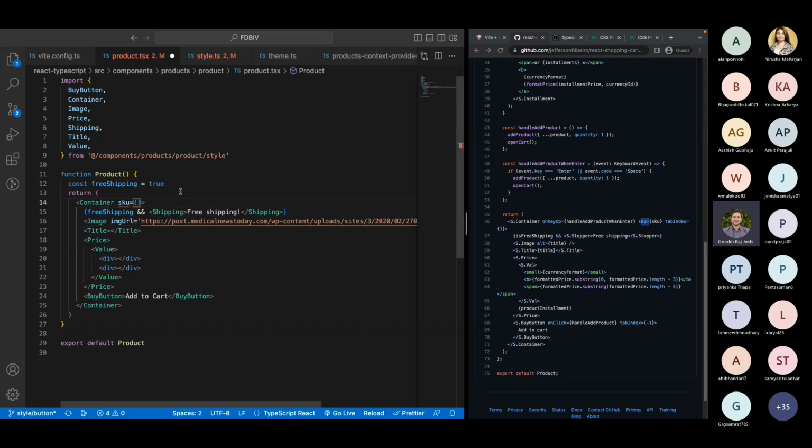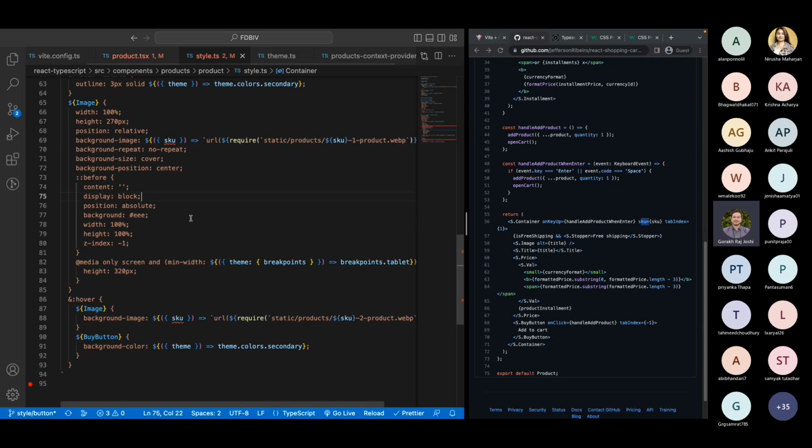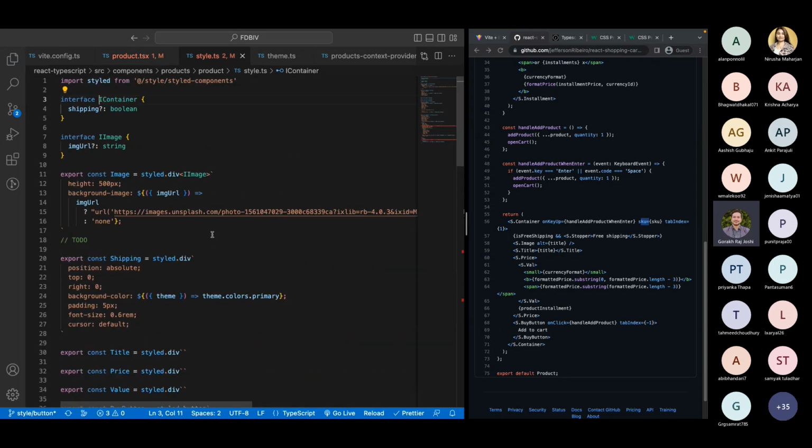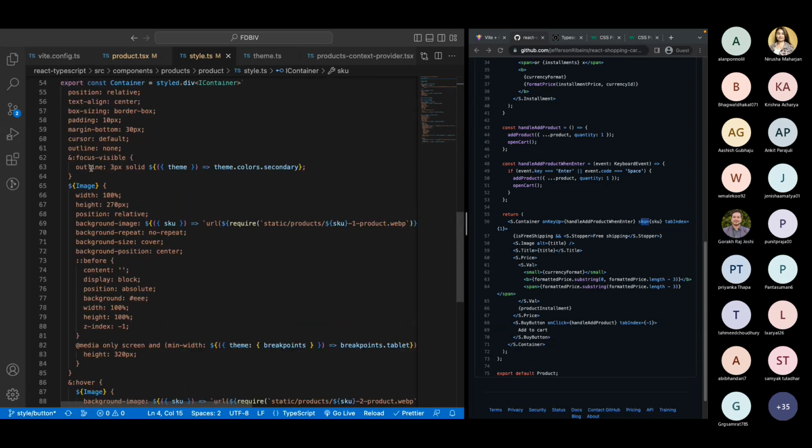So I can just write number 10 for now. Now I need to type that SKU because this container interface previously was setting. I need to make it SKU, and that is a number. And after this, all errors will go away, and we have successfully applied this particular CSS to our